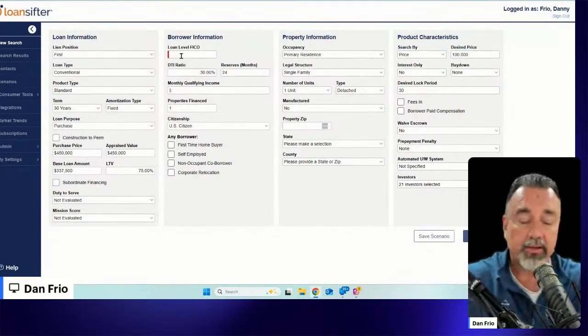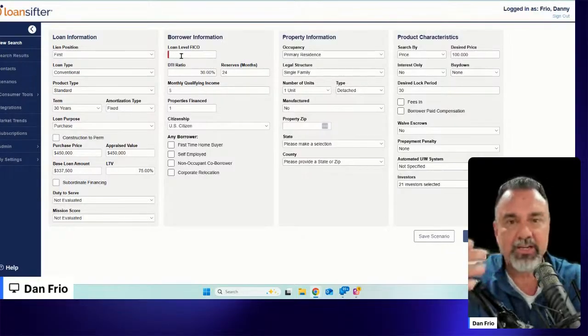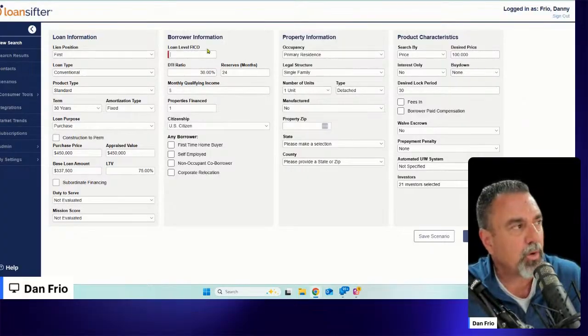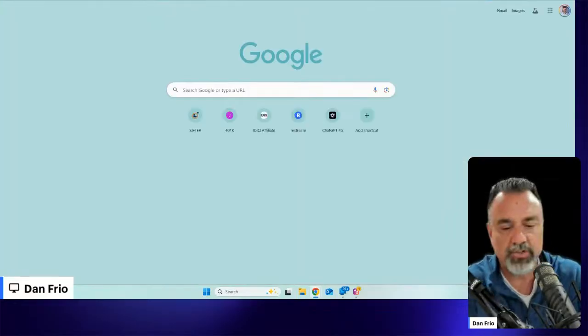So when you call in, the things I'm going to need from you are, what's your credit score? Do you really know what your credit score is? That's one of the first pieces of the puzzle I need you to understand. When you put this in, you're going to notice it says FICO score. Do you really know your FICO score? If you do, fantastic. If you don't, one of the websites you can go to is